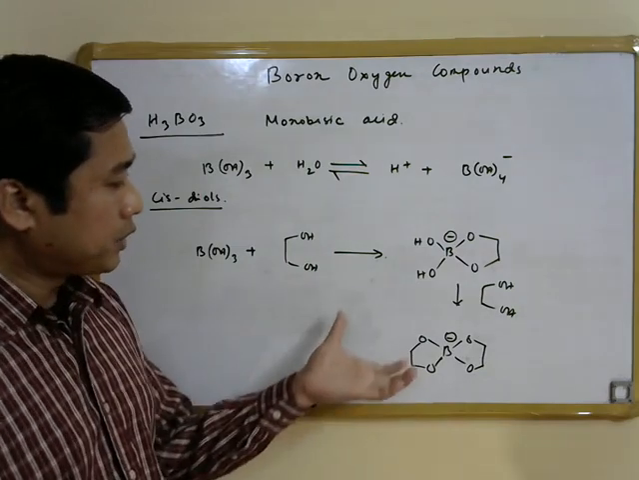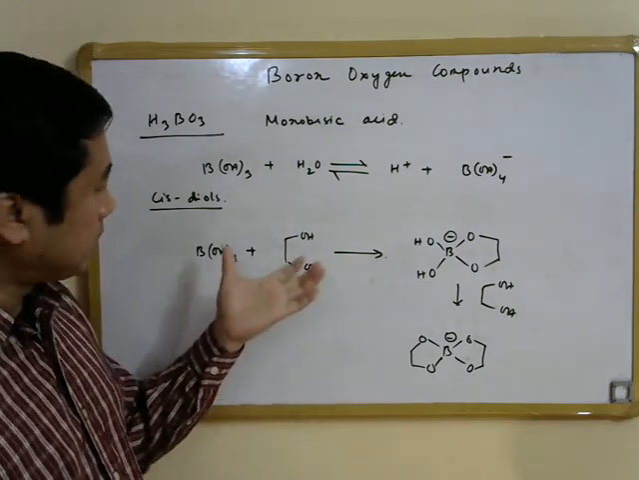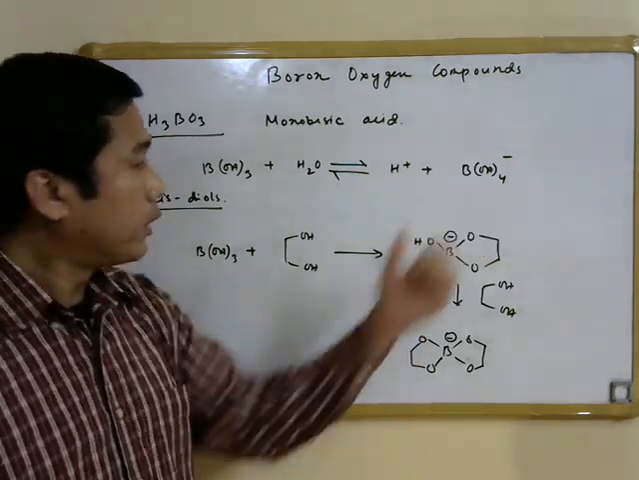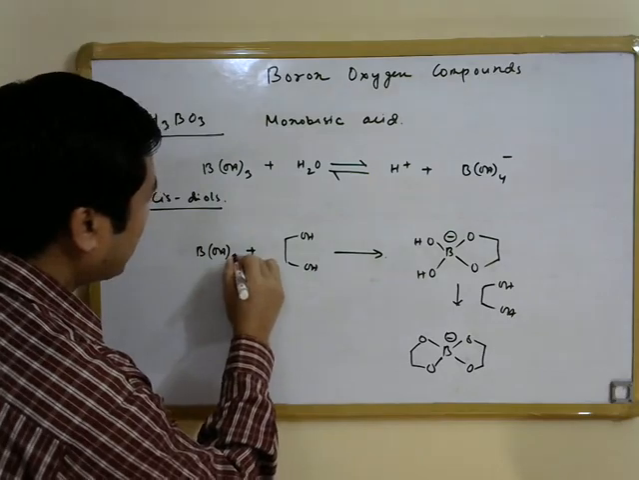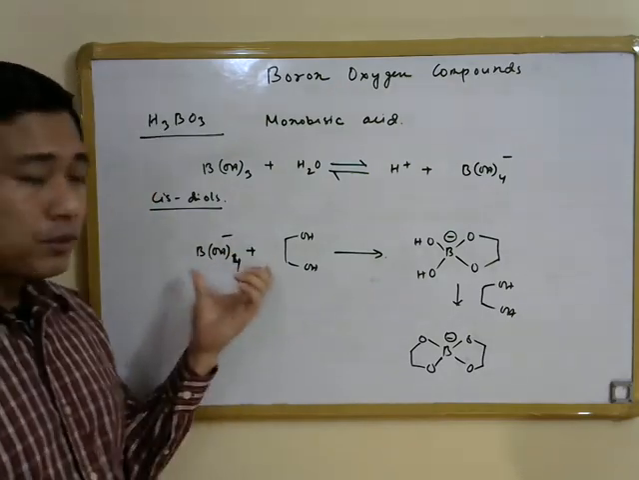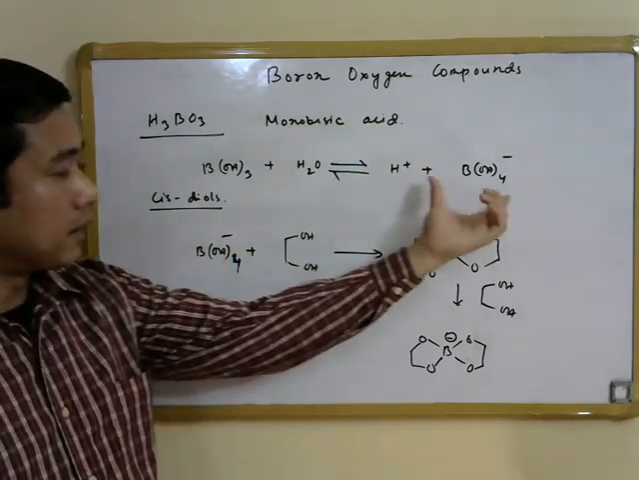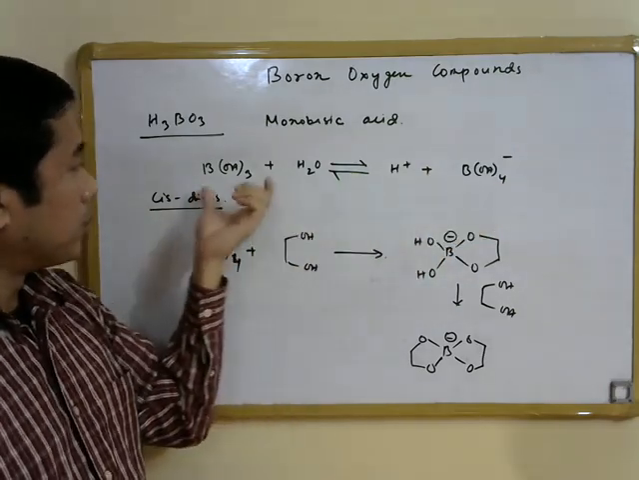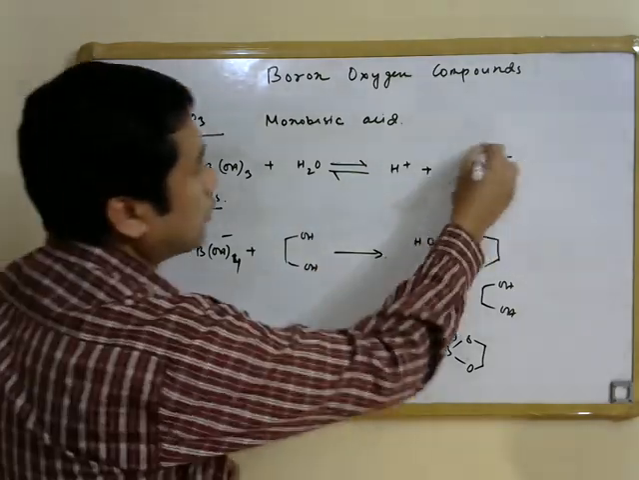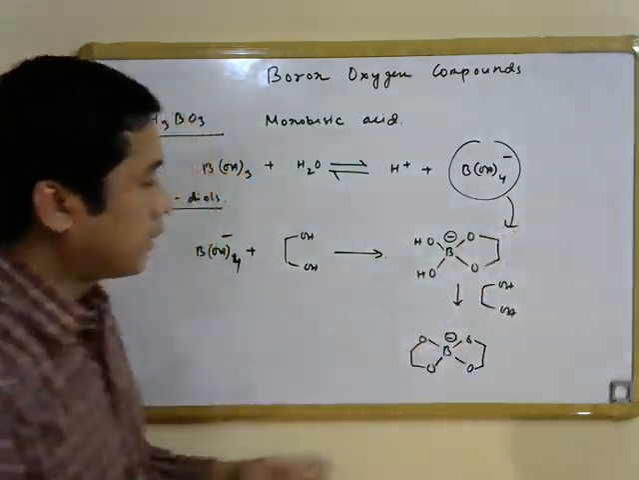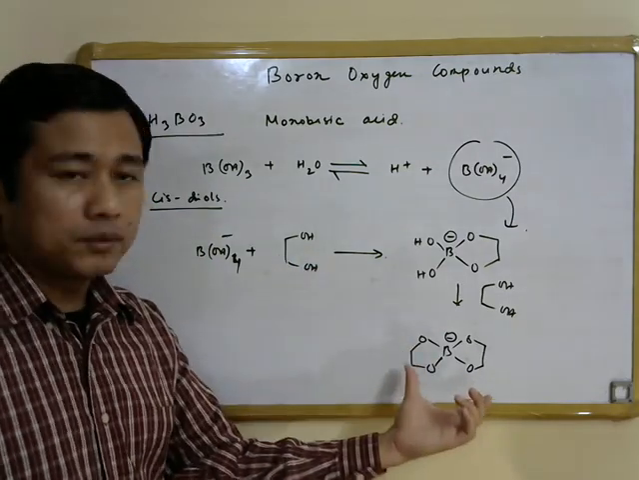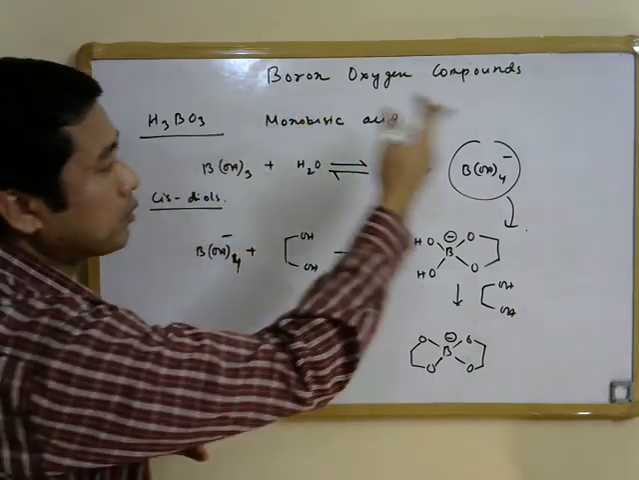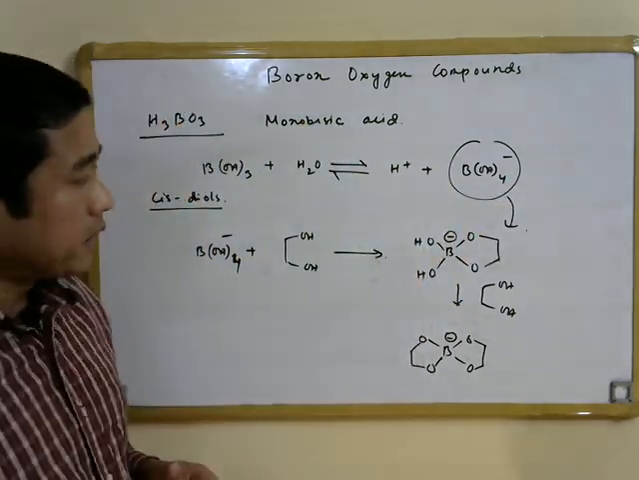So during the titration of boric acid with sodium hydroxide, when we add cis diol, this is B(OH)4 negative. So the B(OH)4 negative ions that are formed after dissociation of water with boric acid will be trapped by the cis diol to form a stable chelated complex. So the equilibrium will now be favored towards the right hand side, and